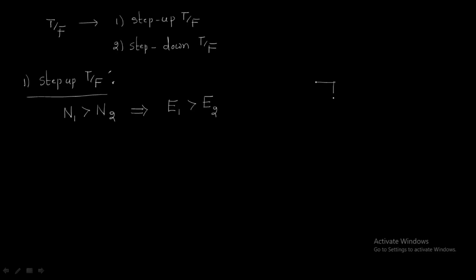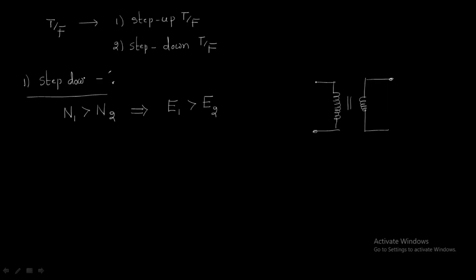Look at here. This is assume it is a primary winding. It consists of some number of turns, and the secondary winding, this is the mutual induction, and this is the secondary winding. Look at primary number of turns are more than the secondary number of turns. Then it is called as a step up transformer. Not step up, this is actually step down transformer. Don't confuse here, simply step down transformer.